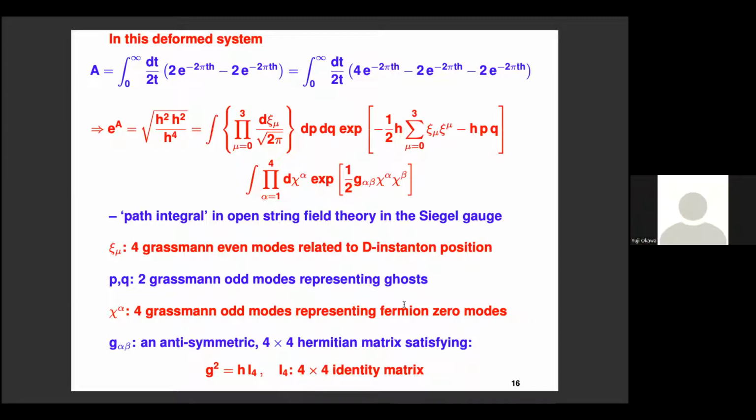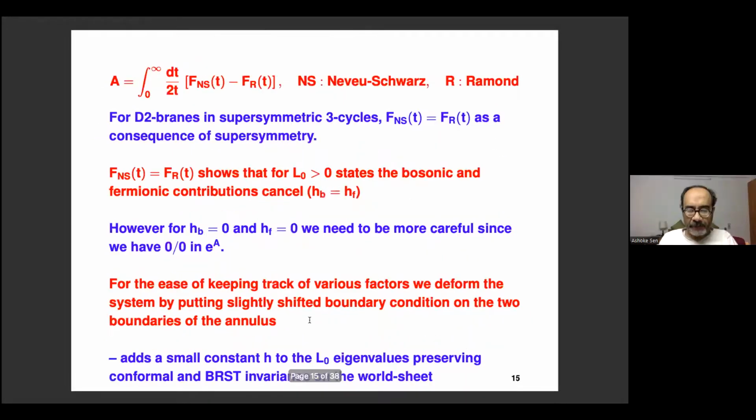Sorry, I didn't quite understand what you mean by preserving the conformal invariance and BRST invariance by this deformation. Could you explain a little bit more about this? Yeah, because it's still a perfectly good CFT. It satisfies all the axioms of CFT, right? But you changed the spectrum by hand? Yeah, I just added a constant h to all the L0s. But you can also get the same spectrum if you just take 2 boundaries and put one at a shifted position, you will get exactly this spectrum.